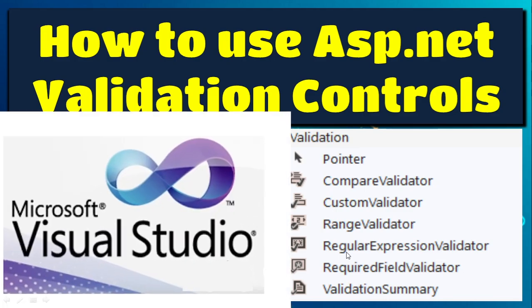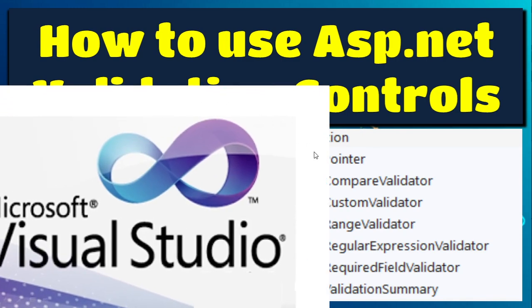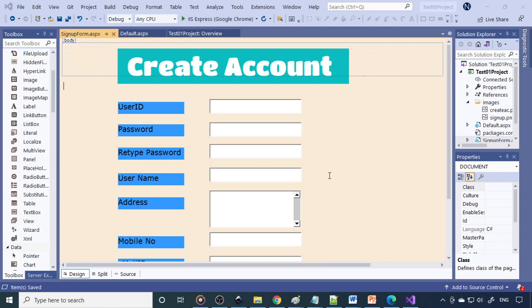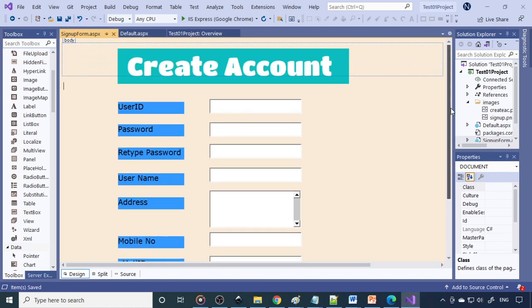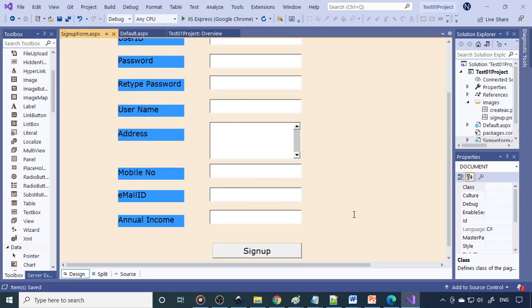We're going to use Visual Studio for this. Let us understand how to use Visual Studio and write the program. Here we already created the create account, the sign up form. That video is available for you, so please check in the description box. It was already uploaded, on how to create the create account or sign up form and how to create all these controls one by one.